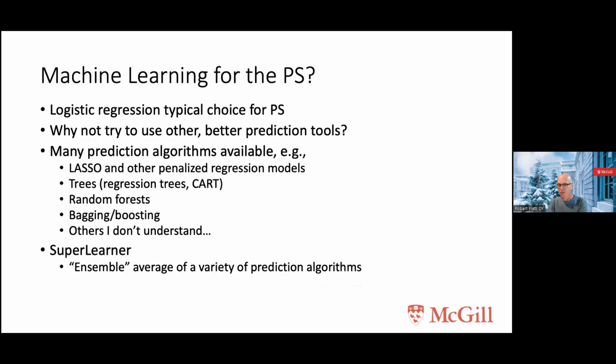Which leads now to I'm going to talk a little bit about some of our work, and I'll probably end up cutting the last part of our work a little bit short, but I'll talk a little bit about what we've done here. So the next natural step is to say, okay, the high dimensional propensity score is rudimentary machine learning. Maybe we should be using real machine learning to fit the propensity score.